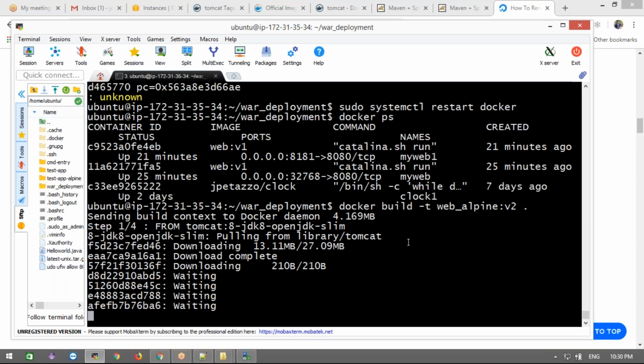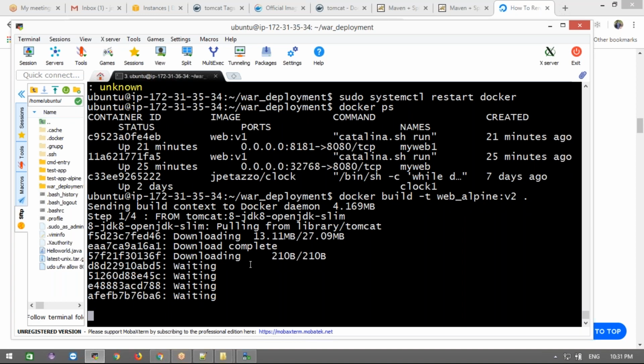Why is this taking so much time? It's very slow. I'm just trying to show you this size is decreased after taking this image.